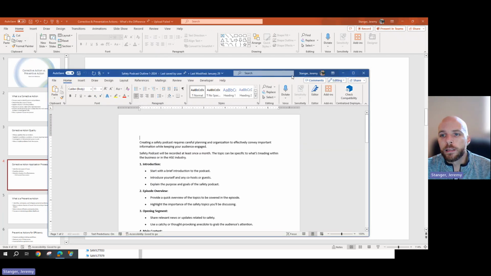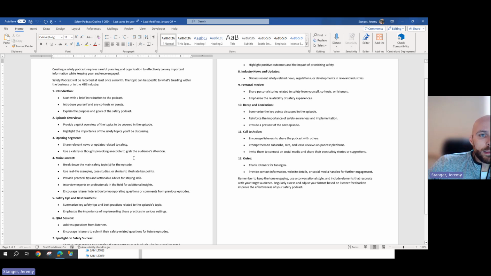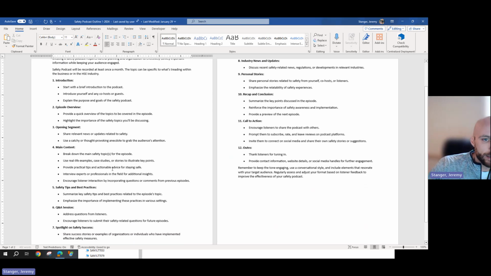One thing I did create, for those that may still be watching or listening, is this kind of rundown of how I have it broken down for the podcast, right? So we want to create a podcast that requires careful planning and organization to effectively convey important information while keeping your audience engaged. It's tough to do when it comes to safety sometimes. But the episode overview, provide a quick overview of the topics to be covered in the episode, right? I kind of just jumped right into it. Maybe I'll get a little bit better at that, but